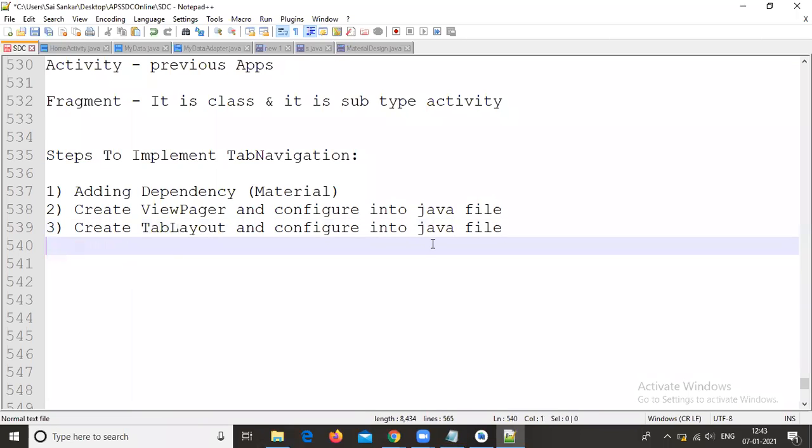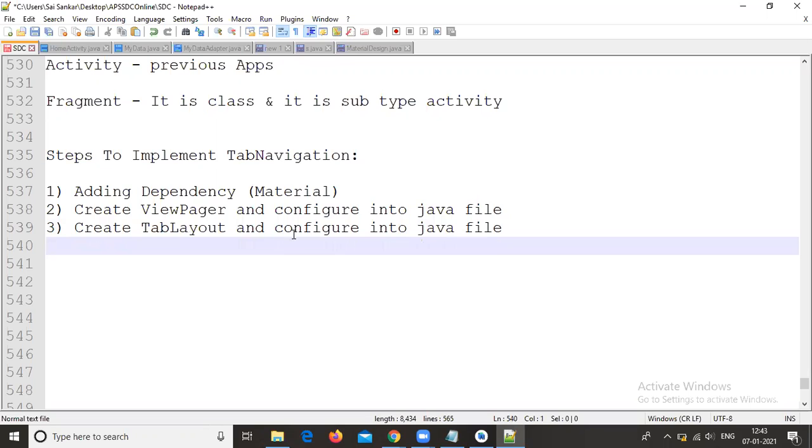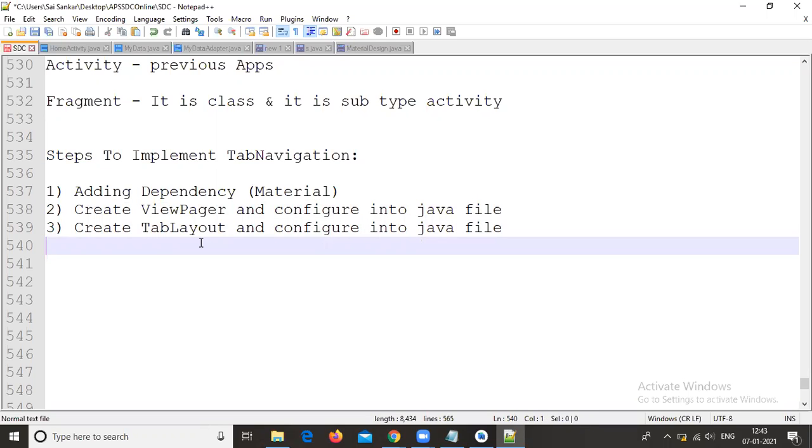Tab layout is for displaying the tabs, and view pager is for the swiping purpose. First of all we need to complete these three steps in the XML part, and after that we create the Java file.